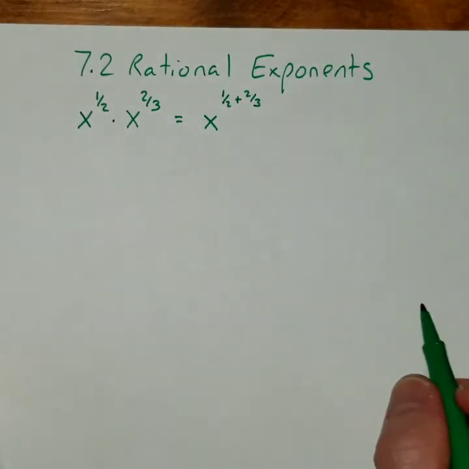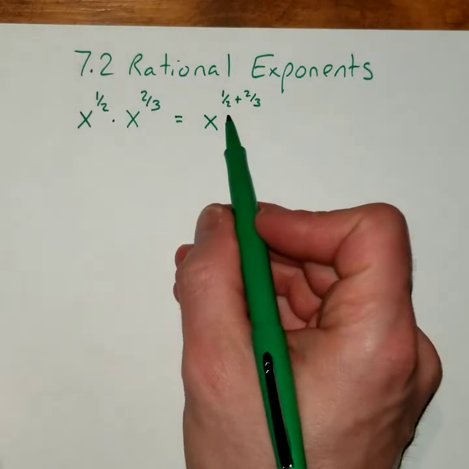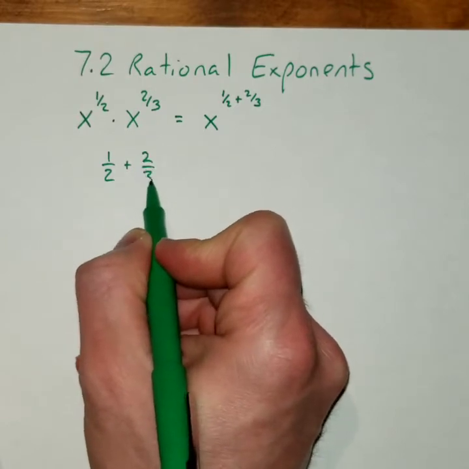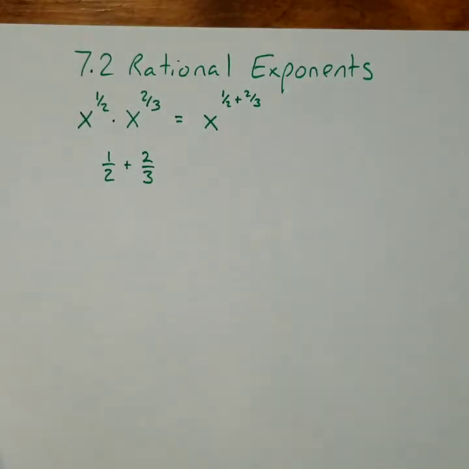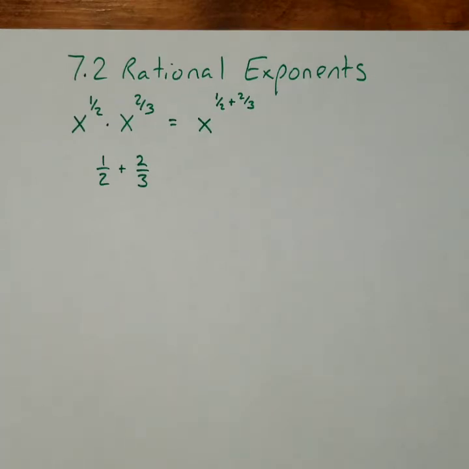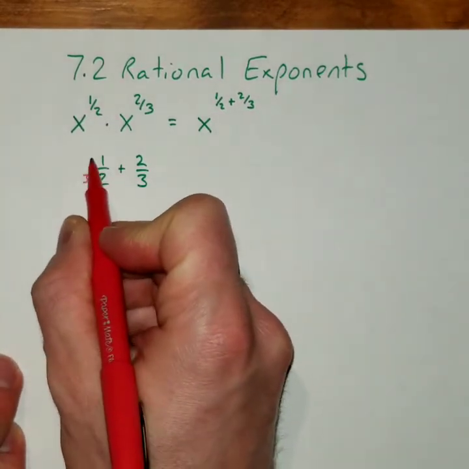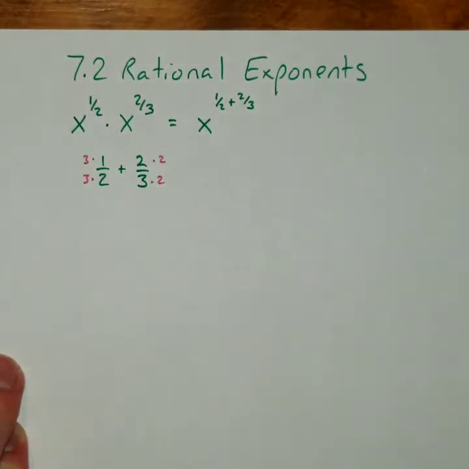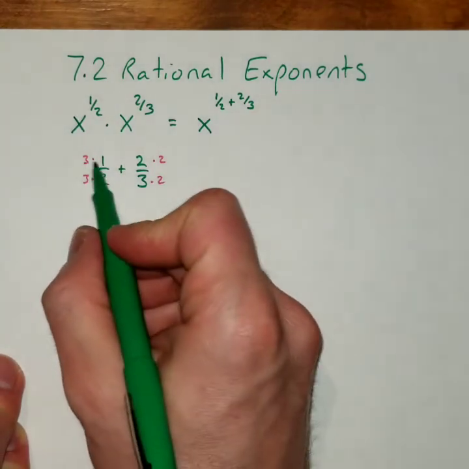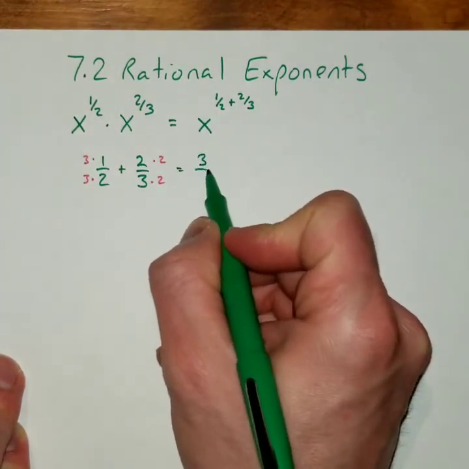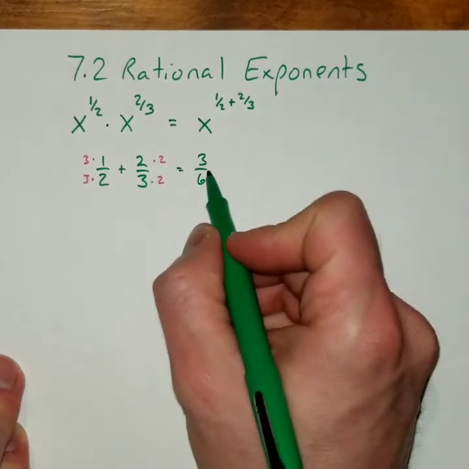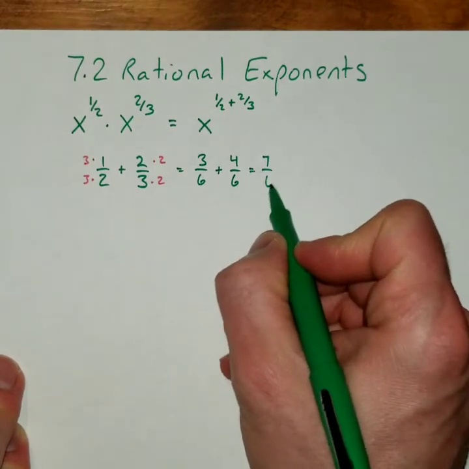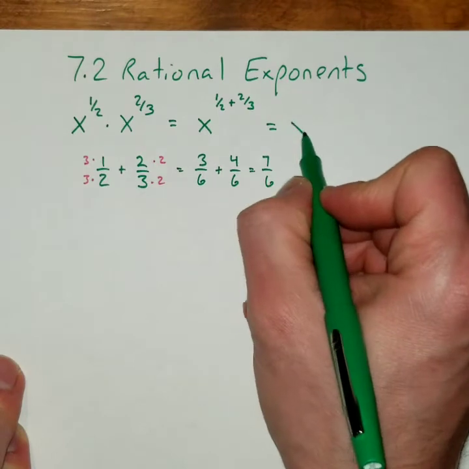Now we're going to have to do a little bit of adding. And of course, to add these together, 1/2 and 2/3, you guys know you need a common denominator. And so our common denominator is 6. We need to multiply by 3 on the top and bottom for the first fraction, and by 2 on the top and bottom of the second fraction. That would give us 3/6 and 4/6. And when you add those up, you get 7/6. So our final answer would have to be x to the